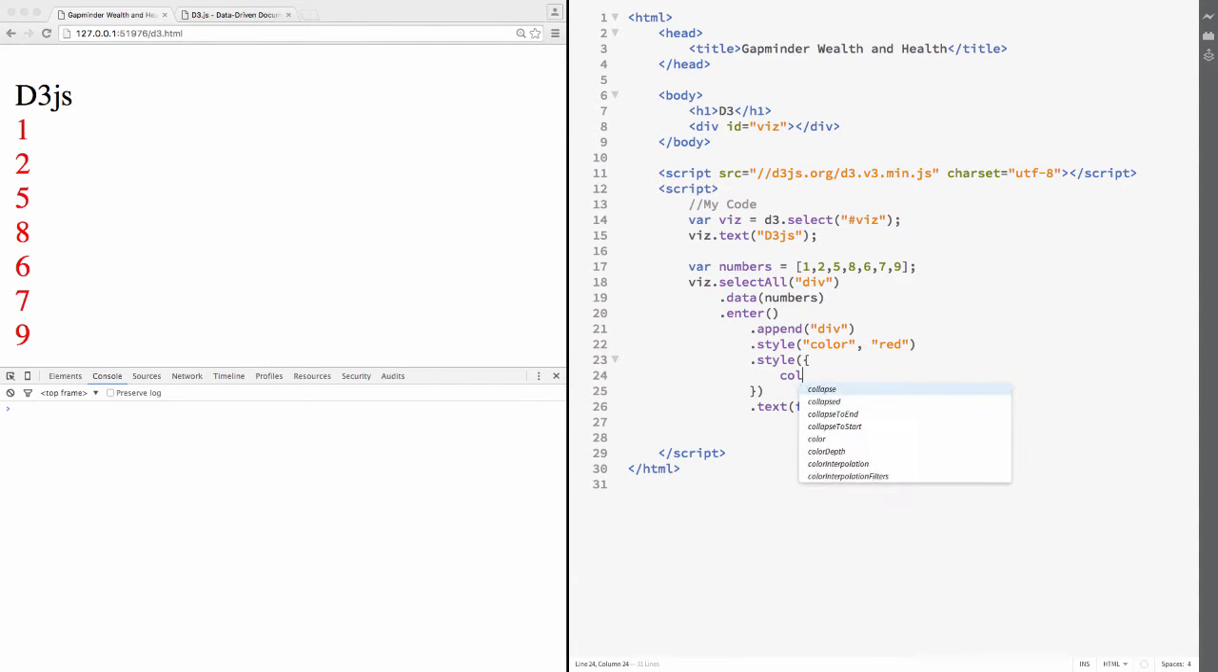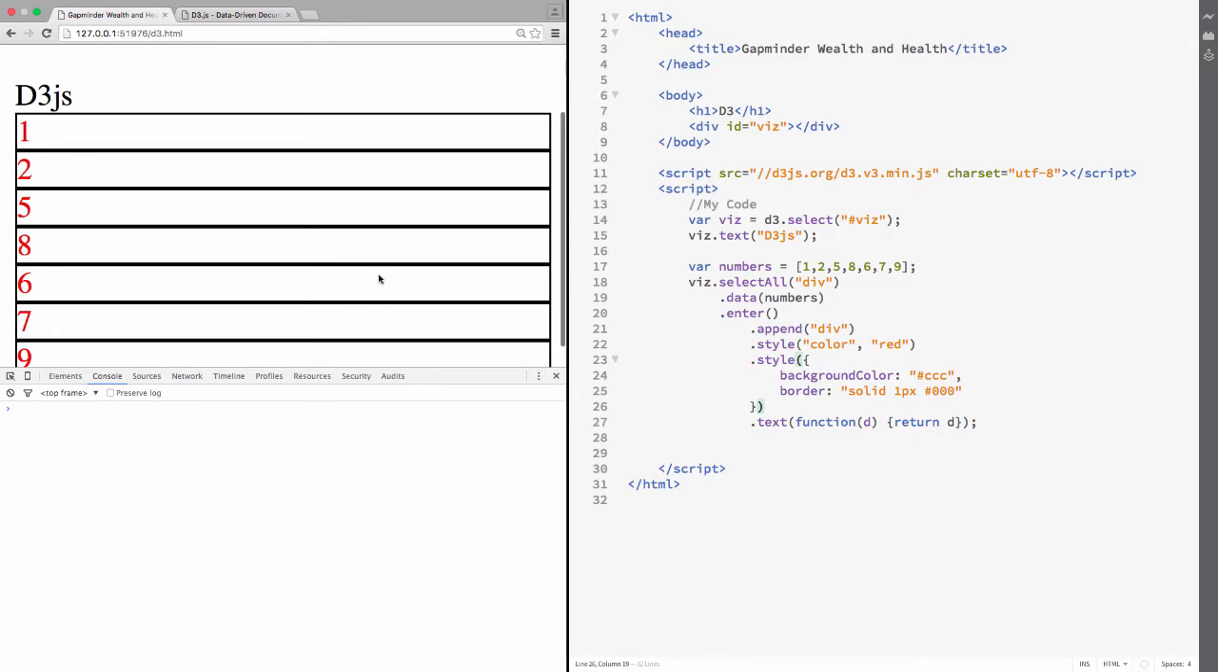So I can have, for example, background color and a little gray, and then I can do border solid 1px black, and here is a color. So you have these two ways to set the style of your page, right? You see that I have to do